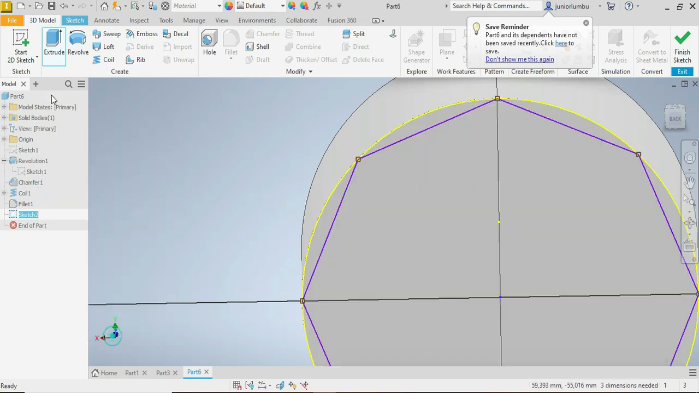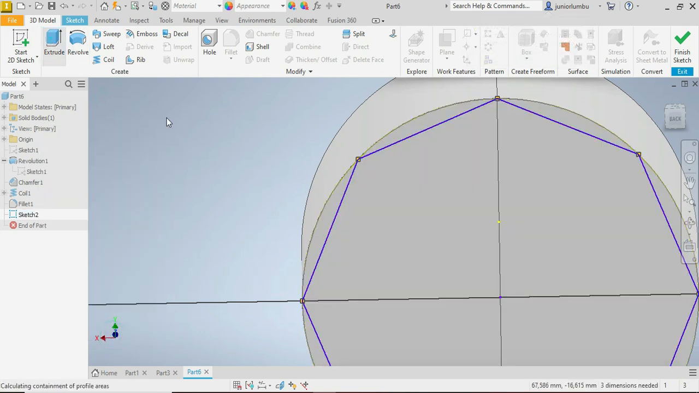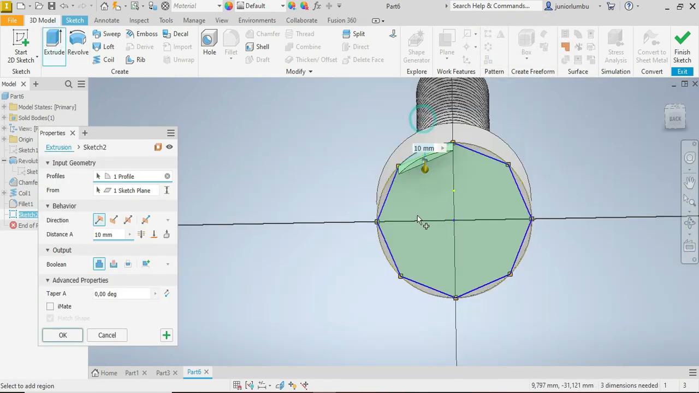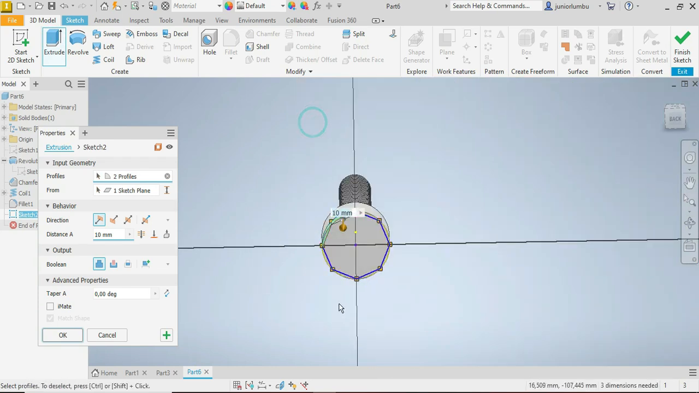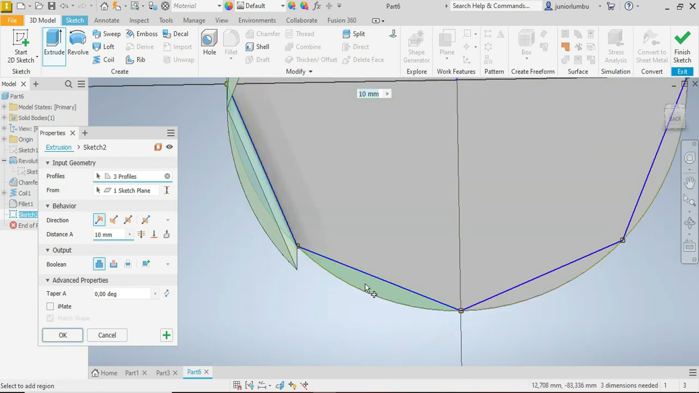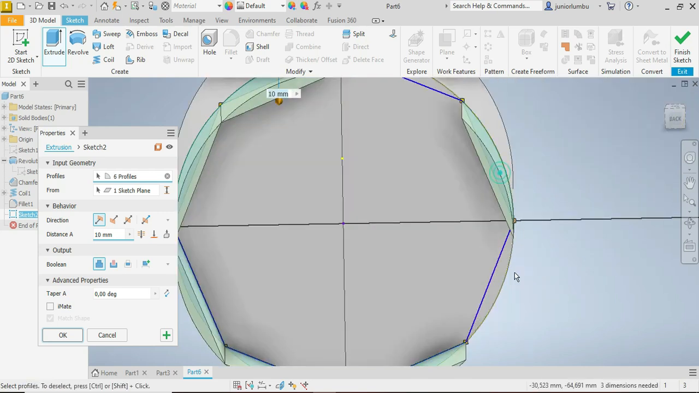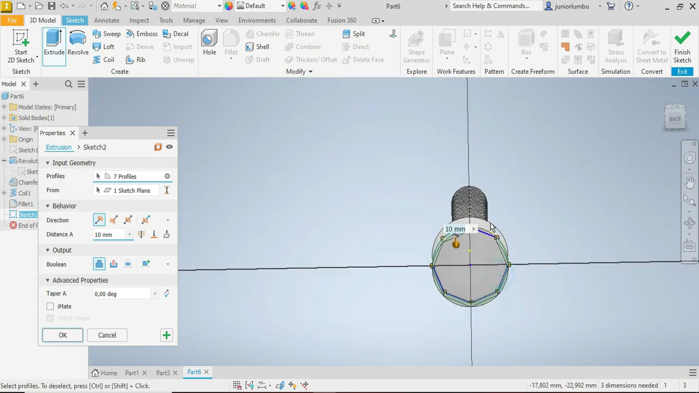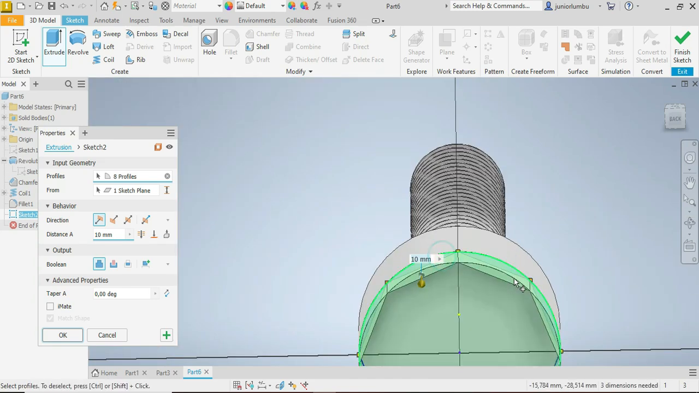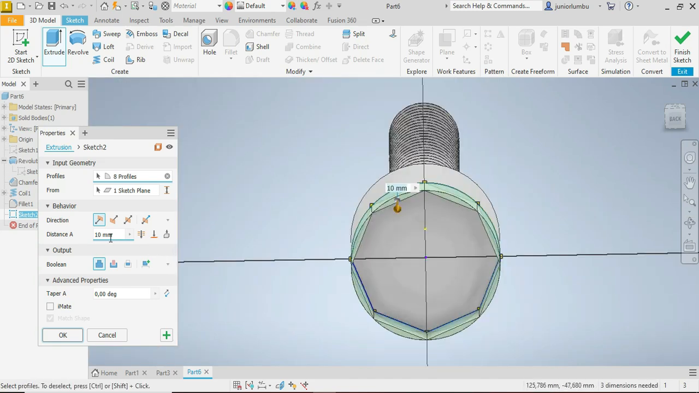Oh, what did I do? Let's restart. Extrude. We will cut this one here, we will cut that one over there, we'll cut that one. That one, this one, that one, and that one. Come on here and there, right? So we will say cut